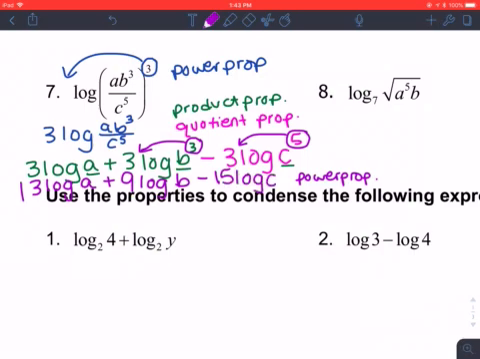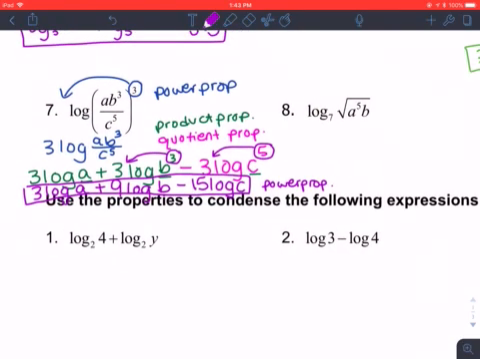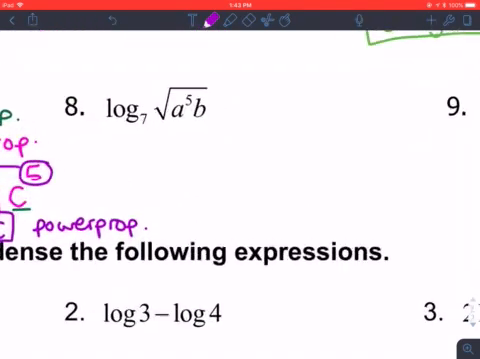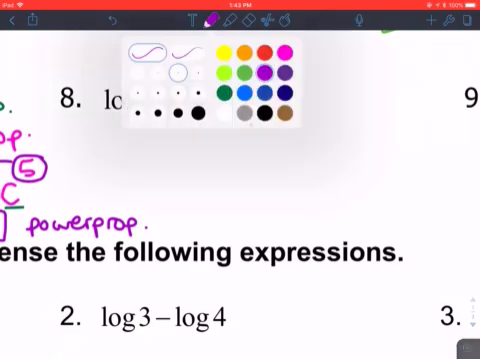So our final is 3 times log of a plus 9 times log of b minus 15 times log of c. And again, if you did it in a different order, you could still end up with the same answer as long as you're using all of the properties correctly. For number 8,